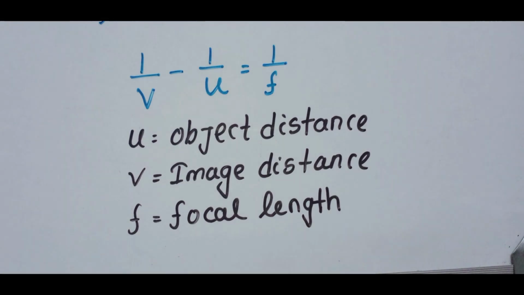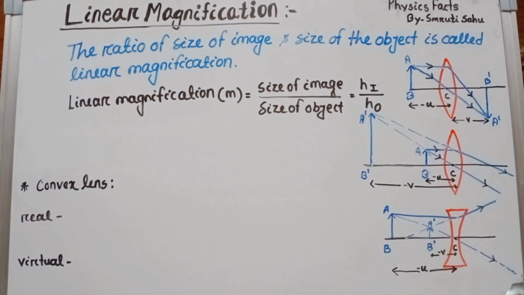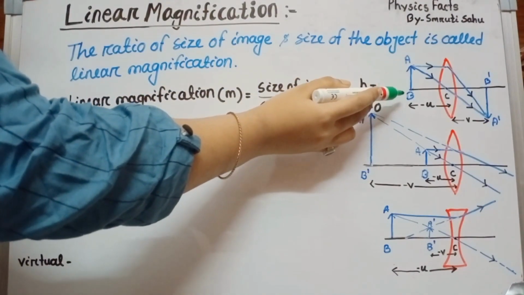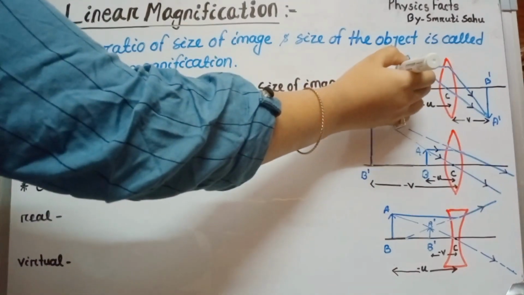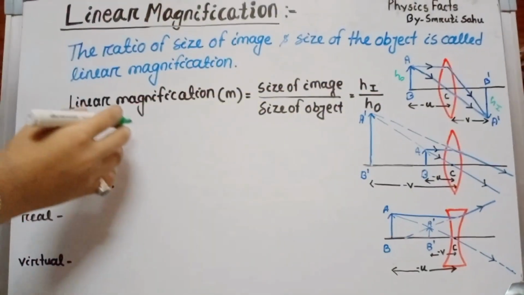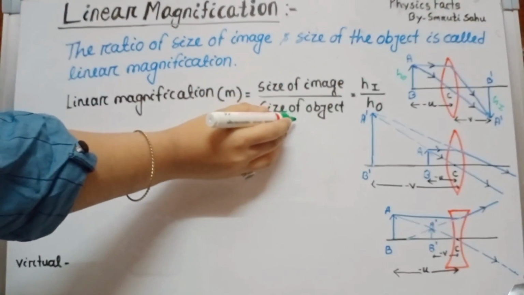In the previous class we discussed the lens formula, that is 1 by v minus 1 by u equals 1 by f. Now here we discuss magnification and some numericals. In case of linear magnification, the ratio of the size of the image to the size of the object is called linear magnification. The size of the object is denoted by HO and the size of the image is denoted by HI. So linear magnification, denoted by small m, is the size of the image by the size of the object,